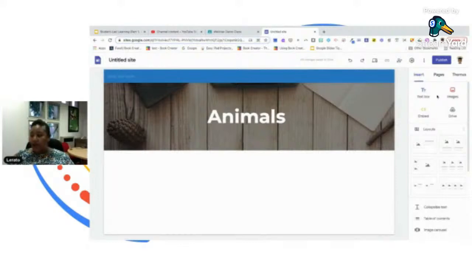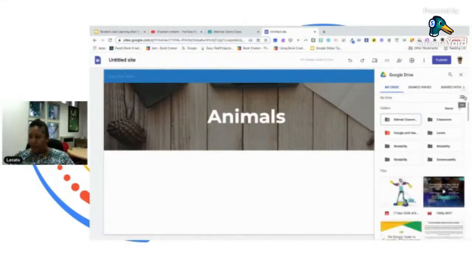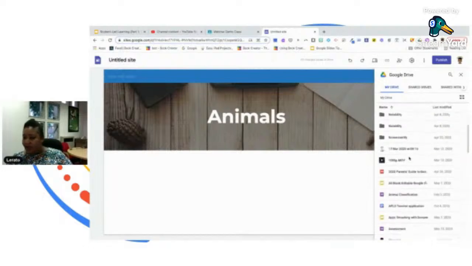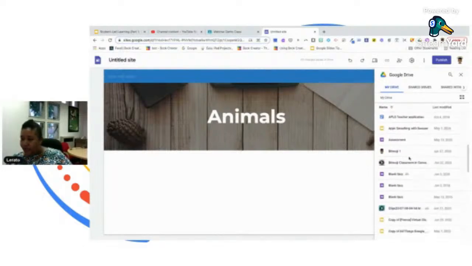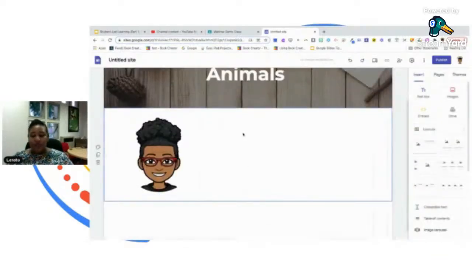So if you're a beginner, it's literally guiding you and walking you through it. So right now, I am going to start up here where Google Drive, all my stuff safely saved in Google Drive. And I can start with, maybe I want to put in a cute little Bitmoji for the kids to introduce myself.